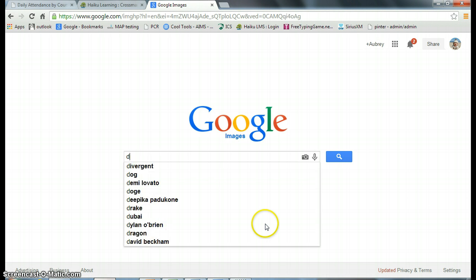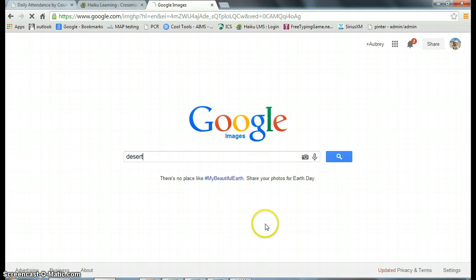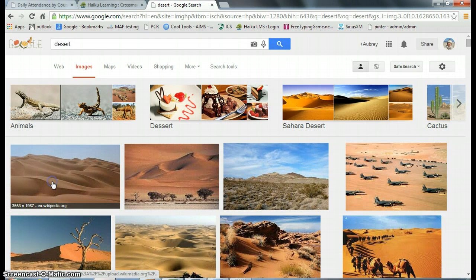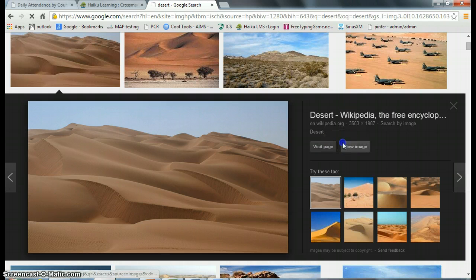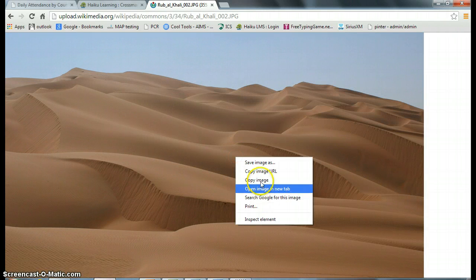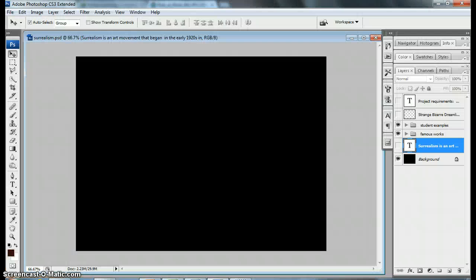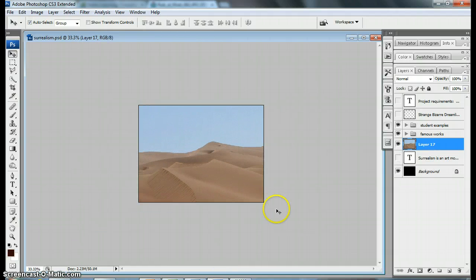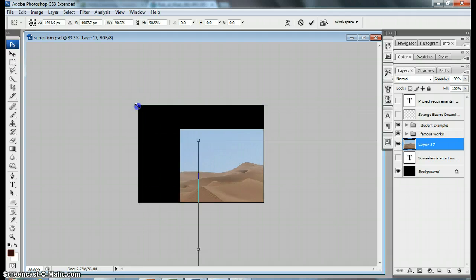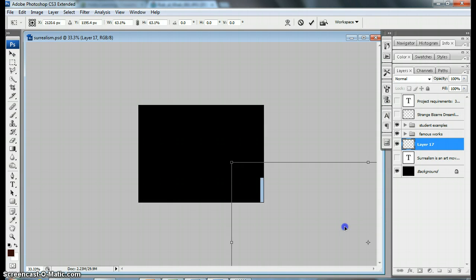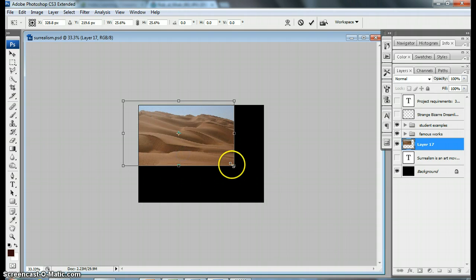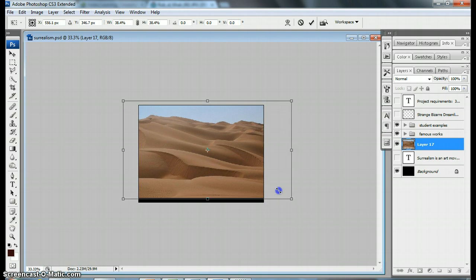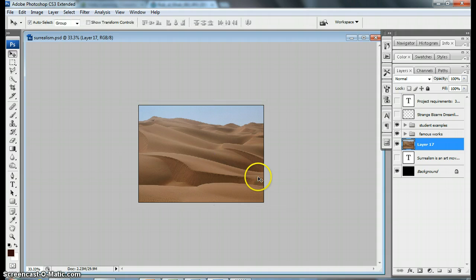As I'm thinking of something I want to do, I want something that I wouldn't normally see or something interesting that intrigues me. So I want to do something with the desert and perhaps water and a water animal. I'm going to just Control T, shrink that desert photo that I just found, position it, hit enter,